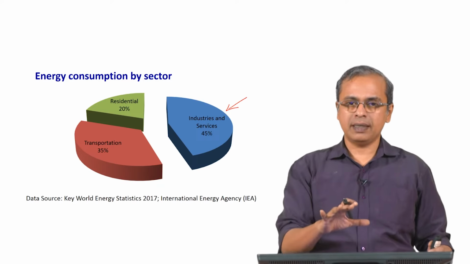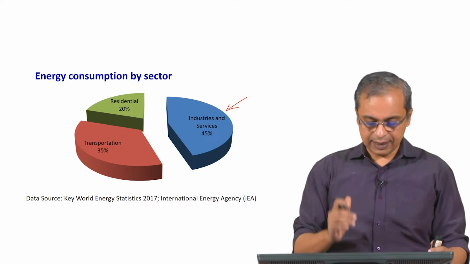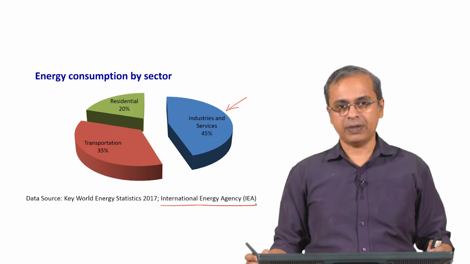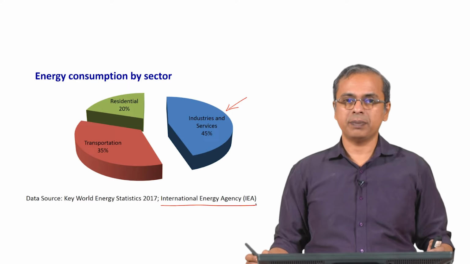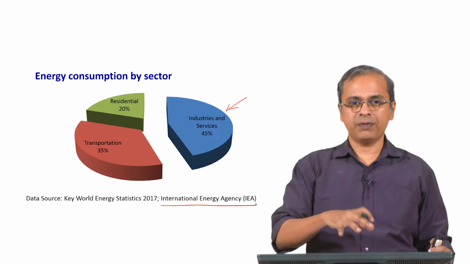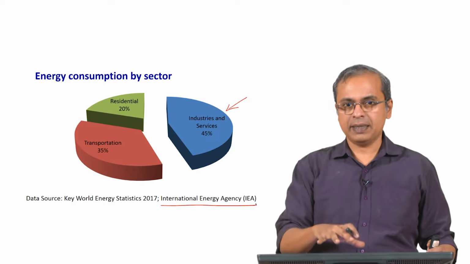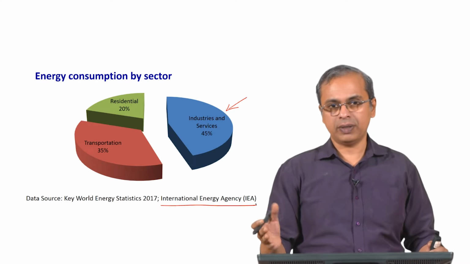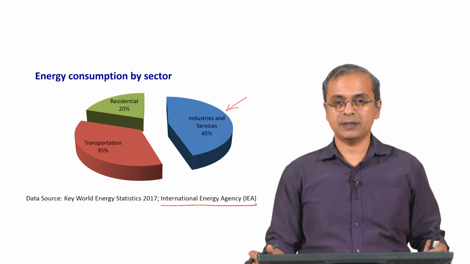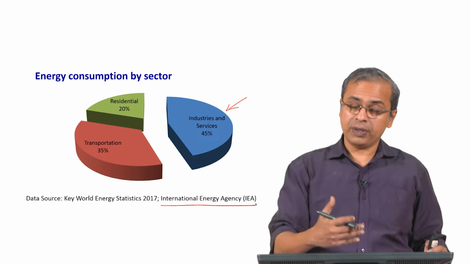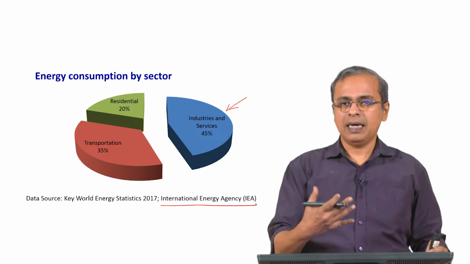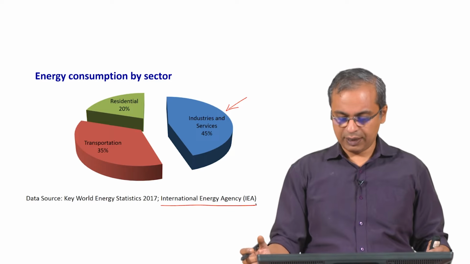Again, these are all numbers and data that we get from various international agencies. For example, the International Energy Agency is one source where you can get a lot of information and data, and then based on what data you are interested in you can collate it in different ways. I have put it together in the manner that you are seeing here based on numbers that you can get off the IEA database. If you want, you can split this up in much more detail, but this is broadly what I felt was appropriate to discuss.